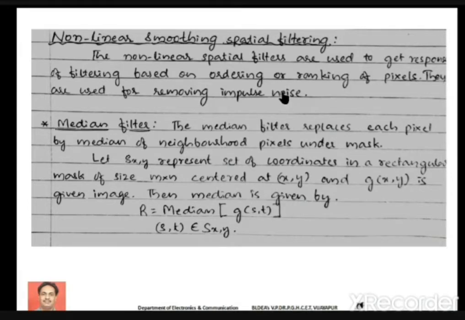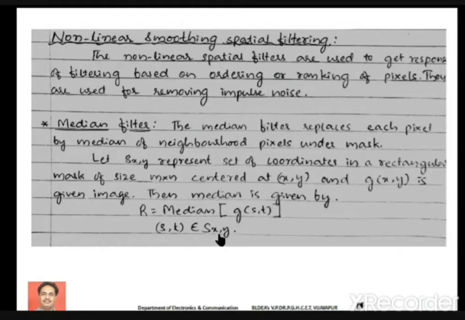You have to calculate the median of those pixels, and whatever median you get, that median value should be assigned at the location f of x comma y in the input image. The response of the median filter can be represented as R equal to median of g of s comma t, where s comma t belongs to S x y.